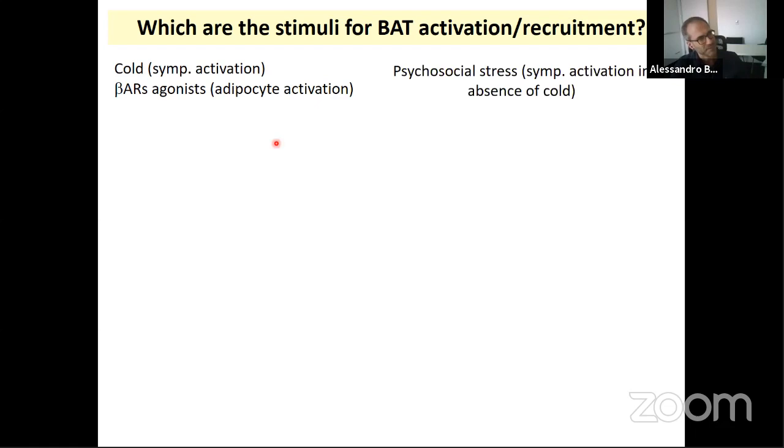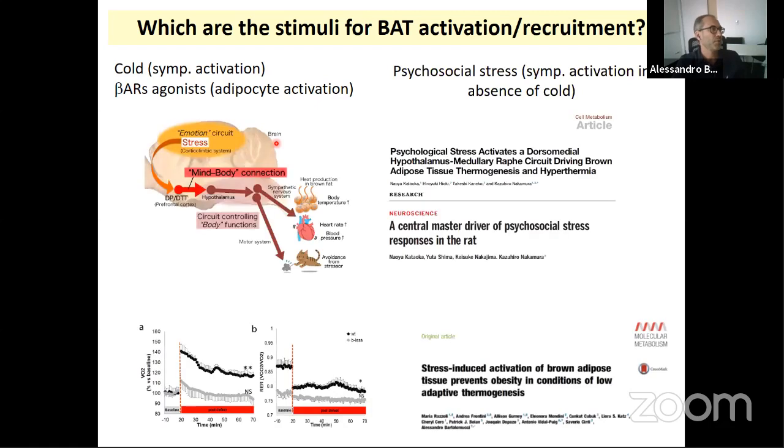And the third stimulus, something that we and others have identified, is actually stress. And that's the link to the rest of the story. There is beautiful work done by Katsuhiro Nakamura, a former postdoc with Sean Morrison, who identified almost the entire circuit at this point, from the prefrontal cortex and hypothalamus, leading to psychosocial stress, social defeat, a model very similar to the one we are using, although in an acute setting, eliciting the disinhibition of that pathway, thermogenesis of the brown adipose tissue, and pretty much all the story you are used to in terms of cold. And in our work, what we did was more physiological.